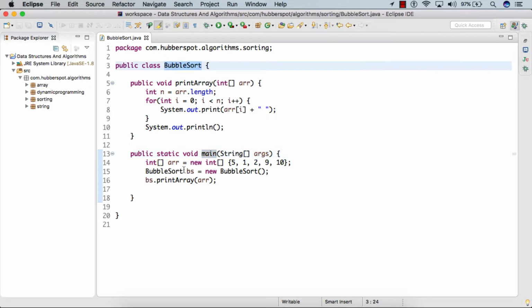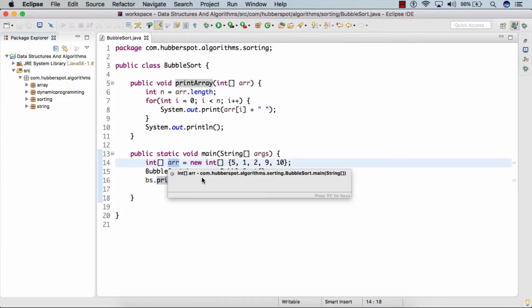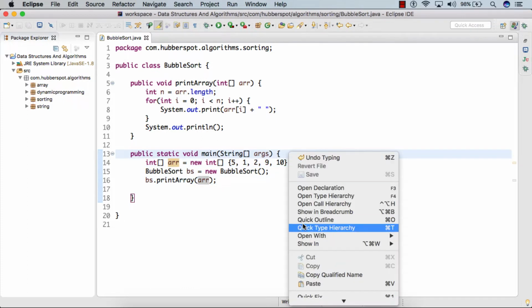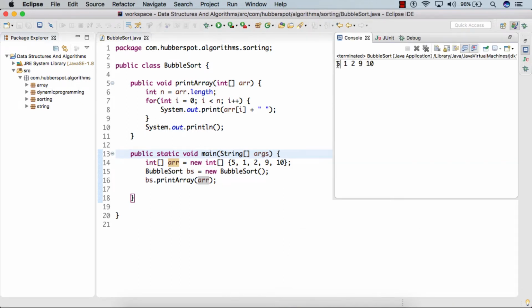Inside this class, I have provided a main method where I have created an unsorted array, which we already discussed in our previous slide. At the first step, we are simply calling the printArray method and providing this array to see the contents of this array before performing the sort. So here you can see the array is not sorted. Let's write an algorithm to sort this array.